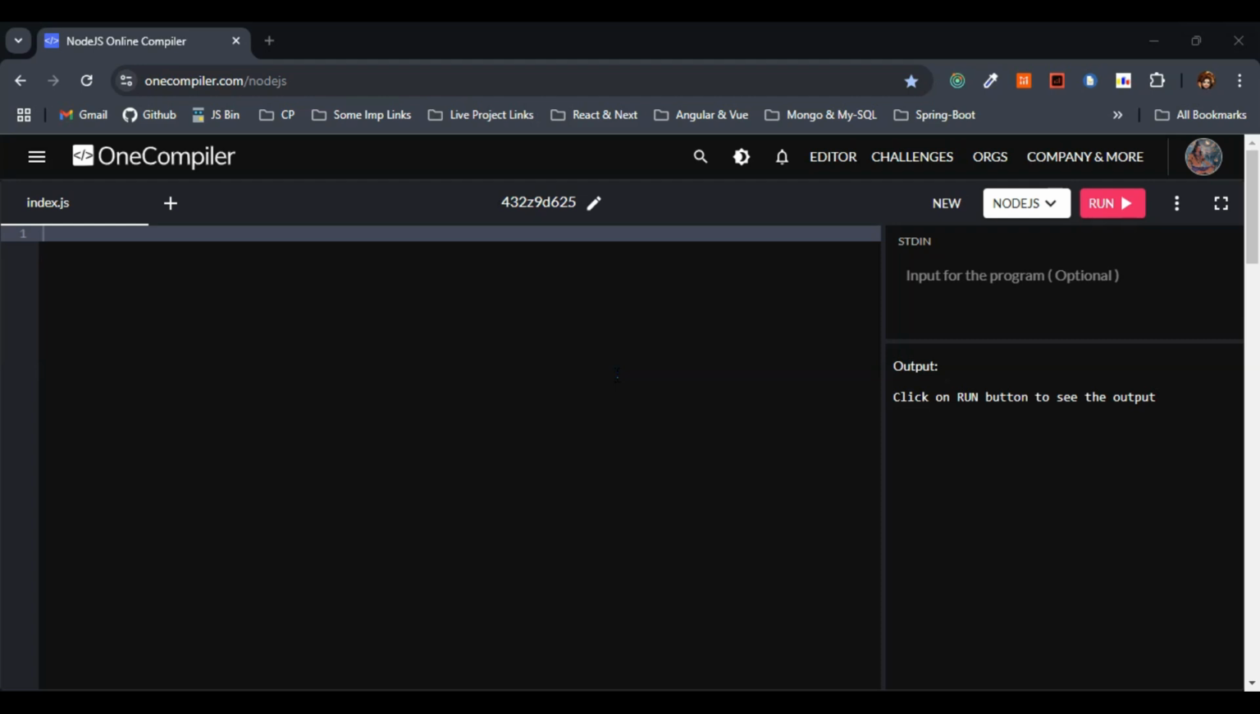So polyfills and shims basically allow developers to use modern JavaScript features in environments that do not natively support them. Again, I'm telling you, this concept is very easy. Polyfills and shims allow developers to use modern JavaScript features in environments that do not natively support them. Initially, let's see the example of the polyfill for